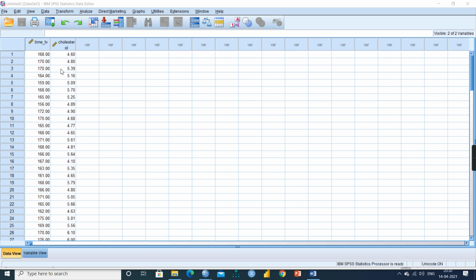Like the growth of a plant depends upon the water we give, or cultivation with rainfall, or smoking habit and lung function. When we measure lung function through medical records along with their smoking habit, these are called paired observations. These are all examples of paired observations.